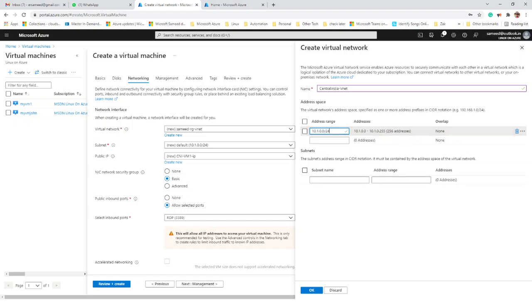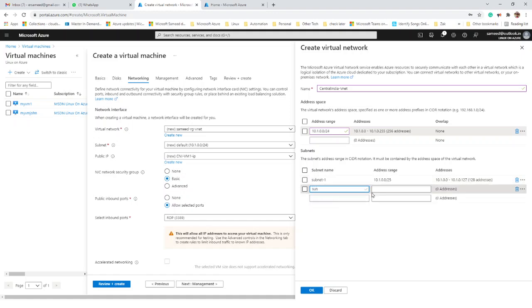All right. Okay. The next important thing is my subnet. I need to define what type of virtual machine or what type of subnet I want to have in this network. So I can provide a subnet one, whatever name you like, and provide an IP range. Let's say I'll go for /25 and another IP. You can see they are suggesting that the IP range will be 128 addresses, which will get consumed. And if you want a subnet 2, you should go